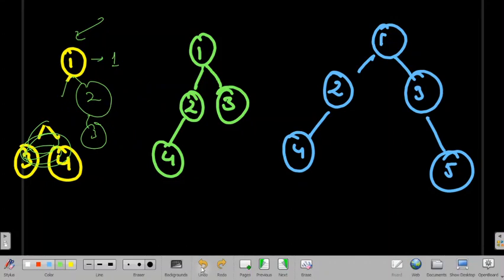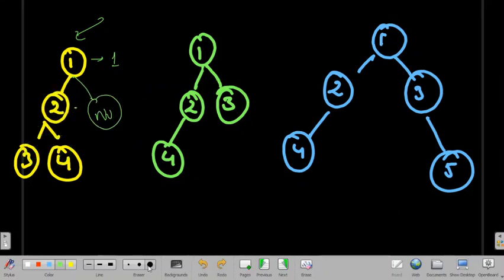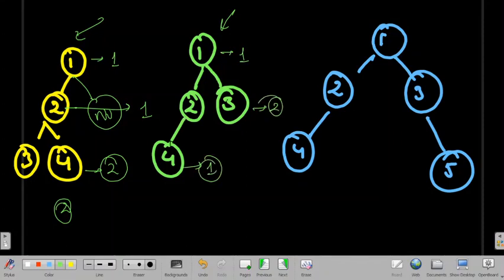So let's get back to our tree. At this point we have only one node, so we will count it as one width, and here we have two nodes, so we'll have two width. So in the whole binary tree 2 is the maximum width, so we will return 2 as the answer. And for this tree we'll have only one node here, so one width, here two width, and here only one width because we have a leftmost and not a rightmost node, so we'll count only one node. So here also we'll return 2 because in this whole binary tree we got only 2 as the greatest width.